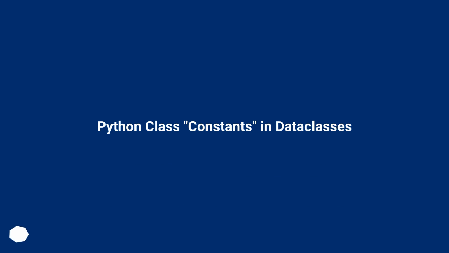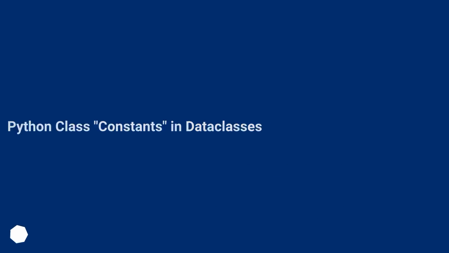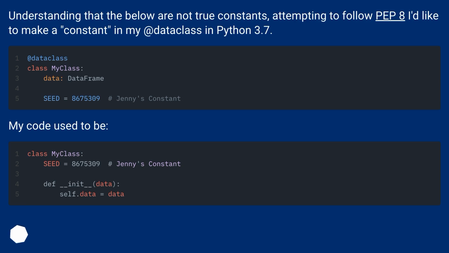Python class constants in data classes. Understanding that the below are not true constants, attempting to follow PEP 8, I'd like to make a constant in my data class in Python 3.7. My code used to be